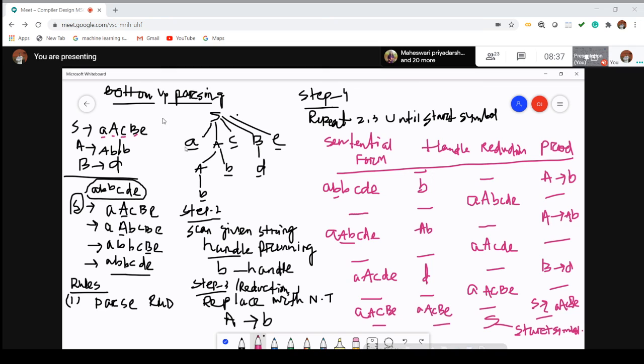Which type of parsing? It is bottom up parsing. So the simple thing to follow is, first you have to check whether you can get the input string or not. You have already checked. Second step is to construct the parse tree in a rightmost derivation fashion. We have already constructed this one. Step number 3, scan the input string from left to right. Find out which input symbol can be changed by a corresponding handle. Which one is the handle? Once you find the handle, find its corresponding production. This step is called reduction. This step is called handle pruning. And we have to repeat steps 2 and 3 until the start symbol arises. So this is exactly the working principle of a bottom up parser.